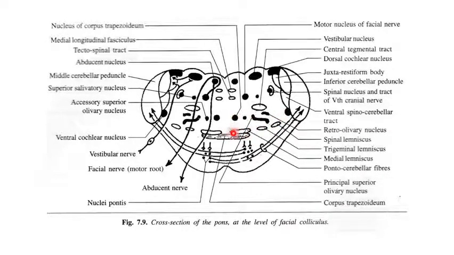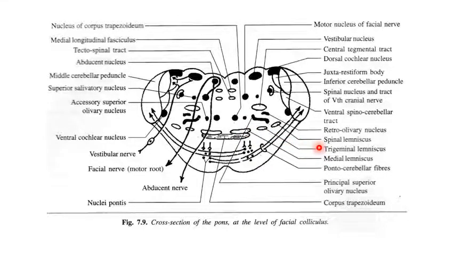What is medial lemniscus? These are second order neuron fibers arising from the nucleus gracilis and nucleus cuneatus. Fibers from the nucleus gracilis are lateral, and the fibers from the nucleus cuneatus are in the medial part. Because from medulla to pons, this medial lemniscus undergoes 90-degree rotation and it is oriented from sagittal plane in medulla to coronal plane in pons. So that is the first lemniscus, medial lemniscus.